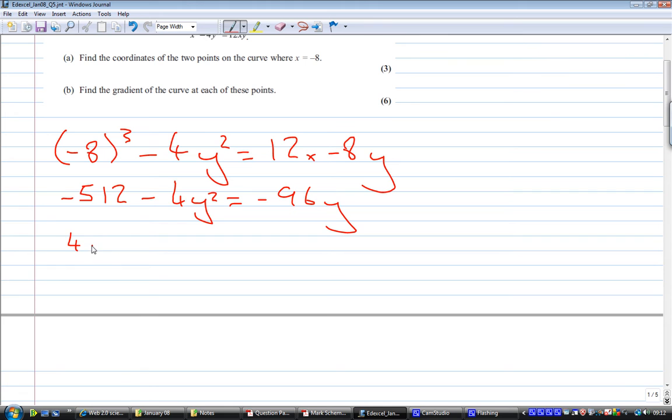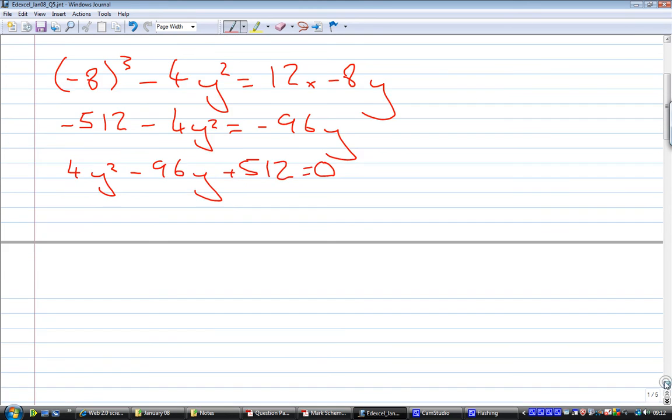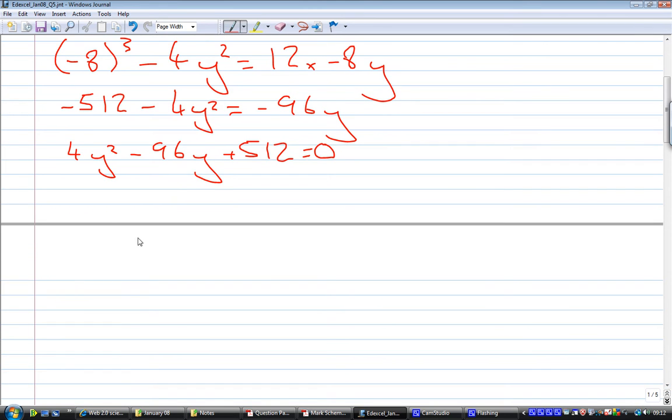So we're going to get 4y squared minus 96y, it's going to be plus 512, isn't it? Plus 512 equals 0. We'll keep going down. I think you can see we can divide through by 4 now. There's going to be 24 fourths there. So we divide through by 4, we're going to get y squared minus 24y